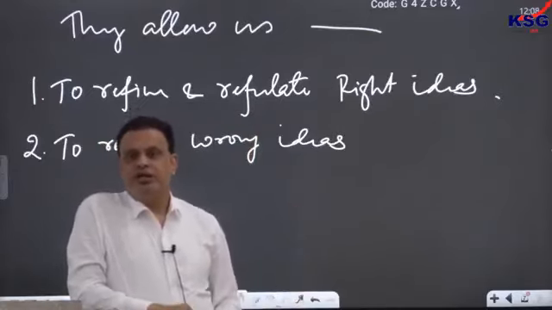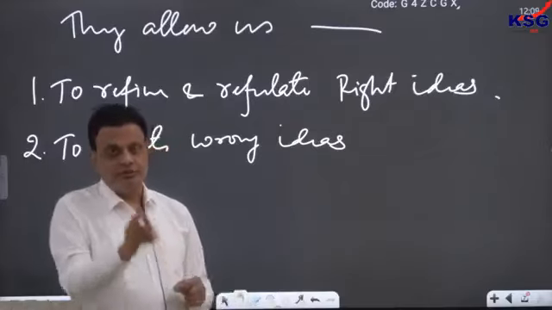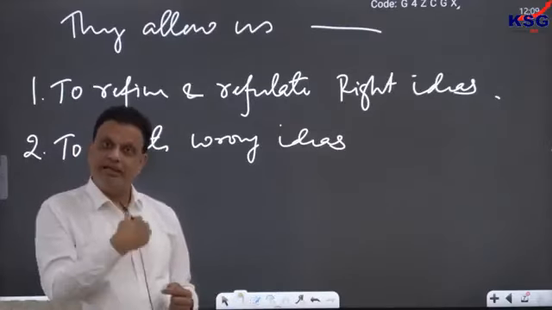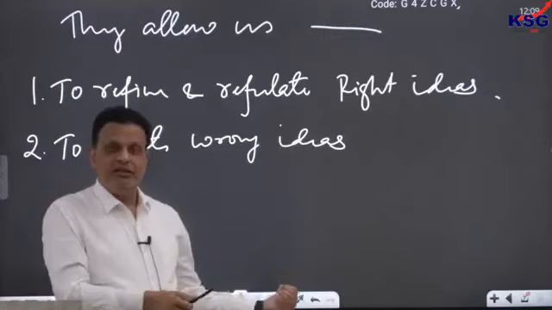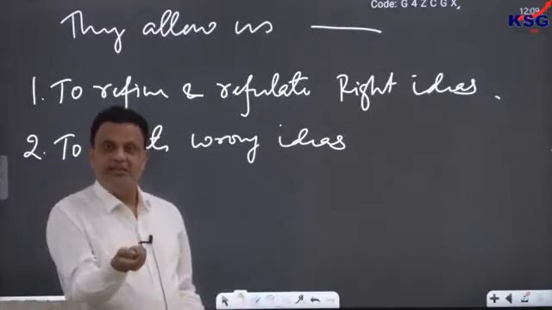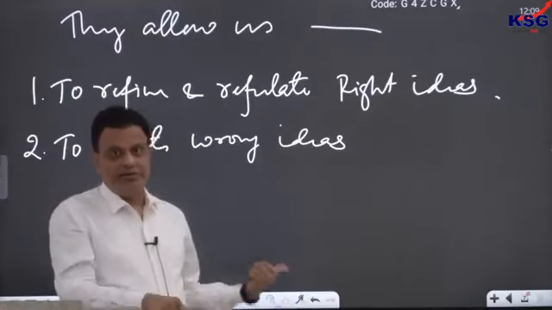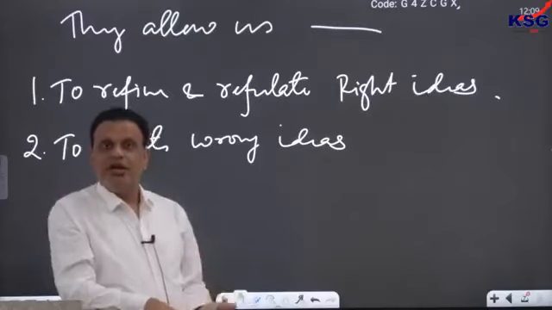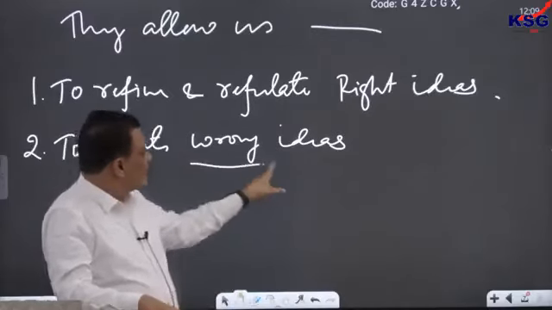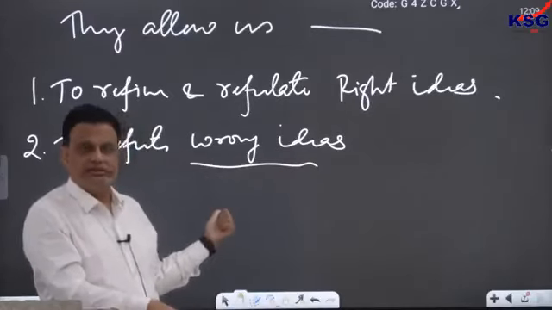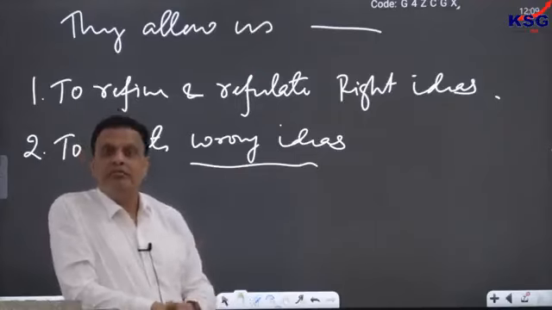So in this case, and this is what he says, if you say something wrong, then I will try to refine my idea that will make me better, and I will try to counter your idea so that I can prove to you that no, you are wrong and I am right. So this is how I will do. So he will say that wrong ideas can be killed only by refuting them. You cannot kill a wrong idea by suppressing it.